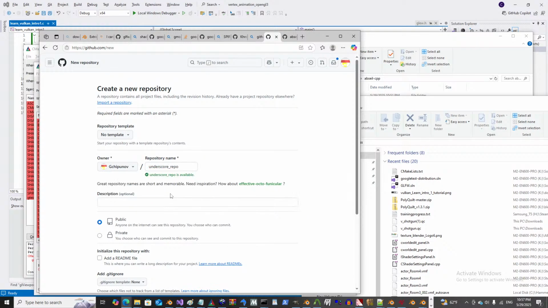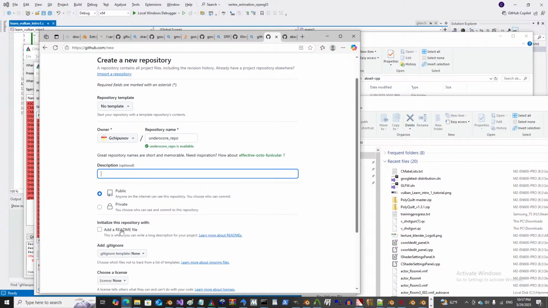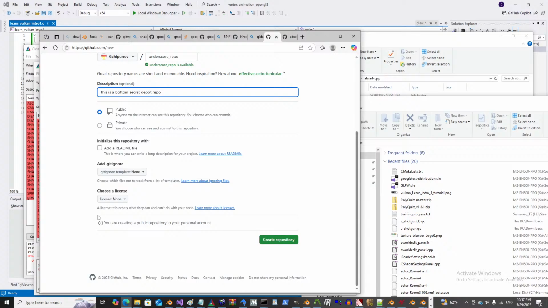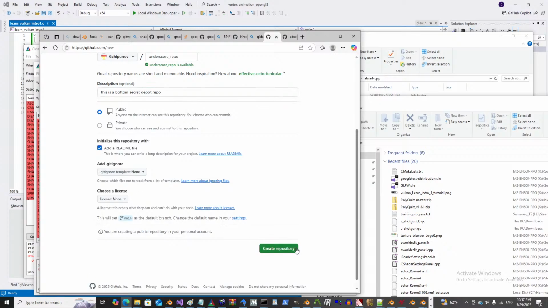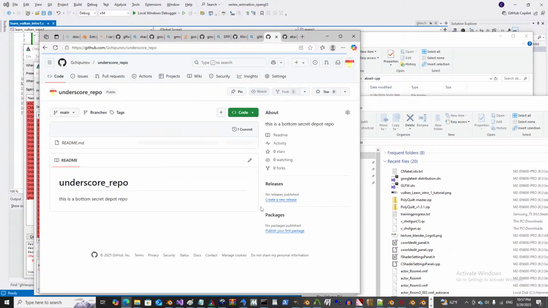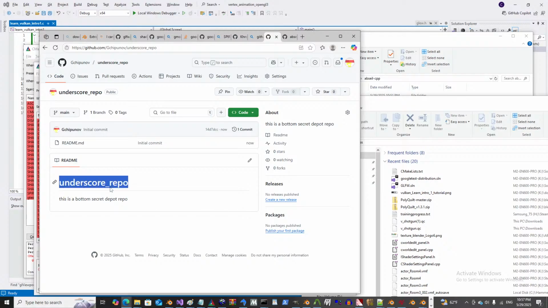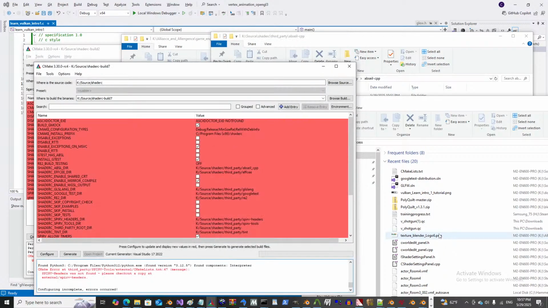This repo name is available. This is a bottom secret depot repo. Whoever reads this is gonna be like, the fuck? Alright. You can put underscores in your repo names, but